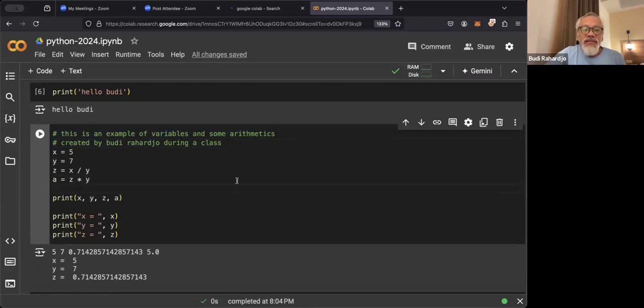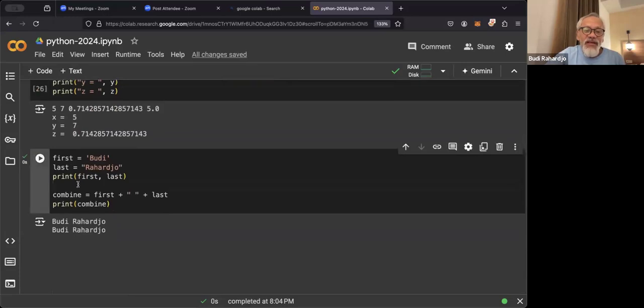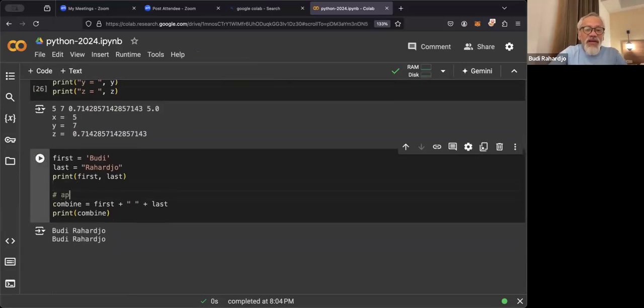Because in 3 or 6 months, you will have forgotten what this code is all about. What am I doing? Why am I doing this? We can also put a comment here. Apparently, the plus in a string of characters is just concatenation, meaning combining everything.